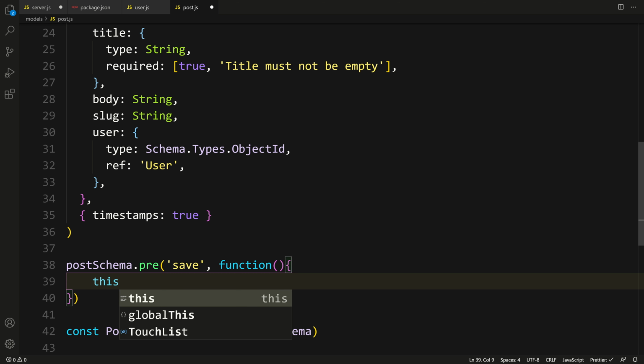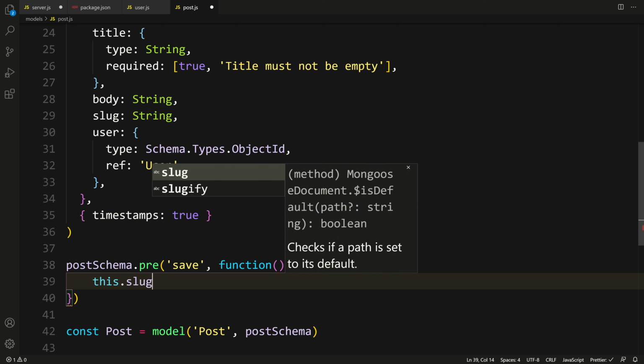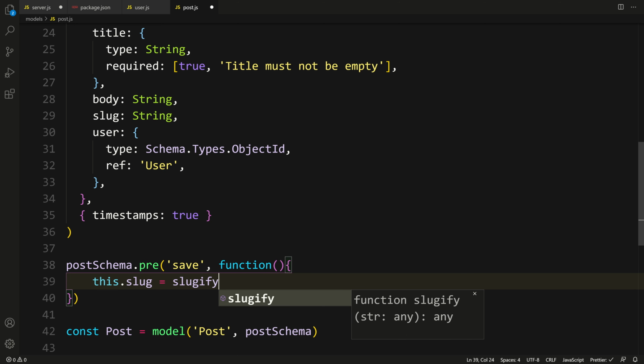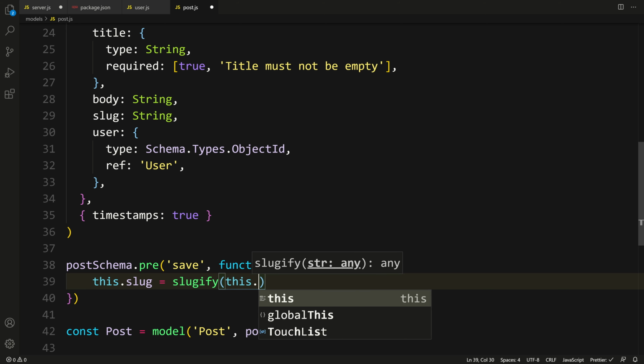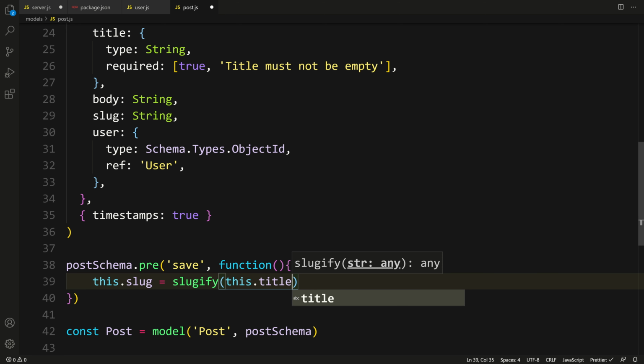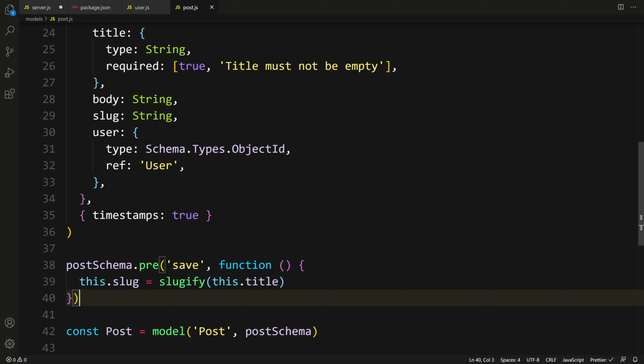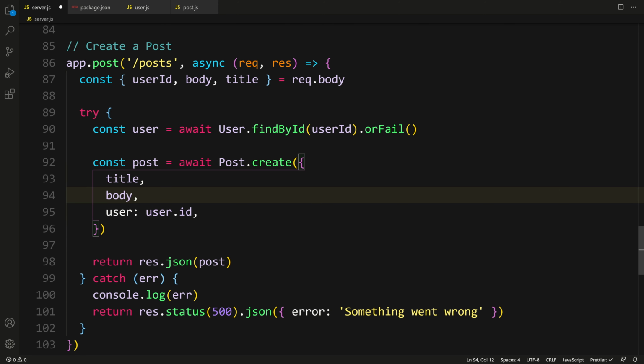So we'll say this, which refers to this instance, not the class, dot slug equals slugify, and then we pass it this dot title, which we already have from above. And if we don't have a title, we will not even reach this because the validation itself will fail. So that's cool. So we go back here